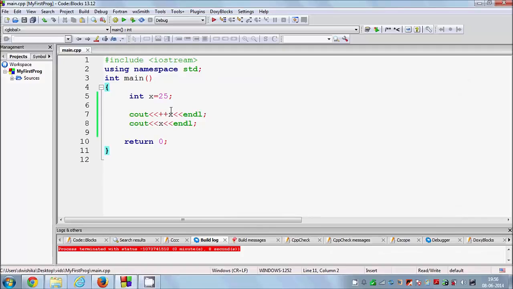So this is the difference between the prefix plus plus and the trailing plus plus. Just remember, if you want to increment the value first, add these plus plus in front, and if you want to increment the value after showing the value, then you add it after. The same rule will